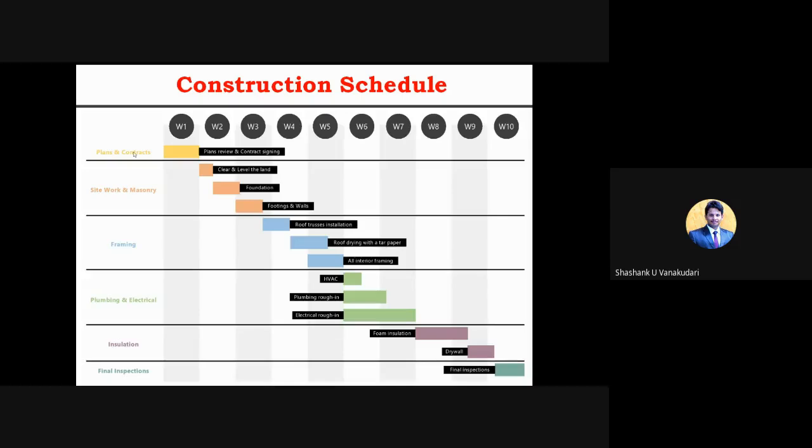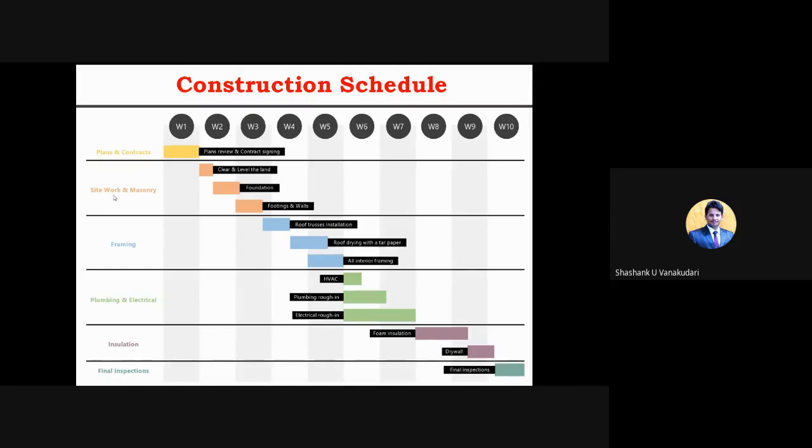Okay, and here, with respect to the y-axis, that is the list of activities, such as plans and contracts, for which you require 1 week, right? And that plan review and contract signing is the exact process that can be done in this particular week.